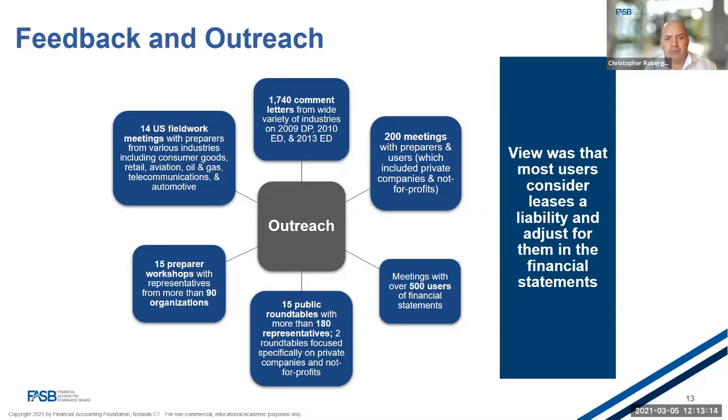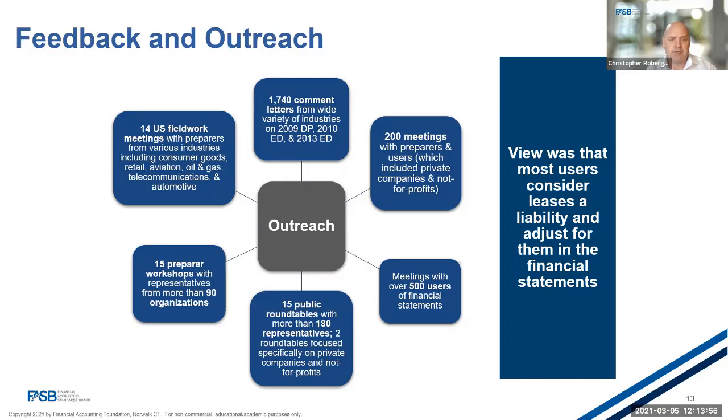indicated that most users considered leases to be a liability and adjusted a lessee's financial statements to capitalize operating leases when they were significant to the lessee. Those adjustments were often based on incomplete or limited information that was disclosed. Many use techniques such as multiplying the lessee's annual lease expense by a factor, often in the range of 6 to 8, to approximate the fair value of lessee's obligations and to assess, for example, total leverage and the capital